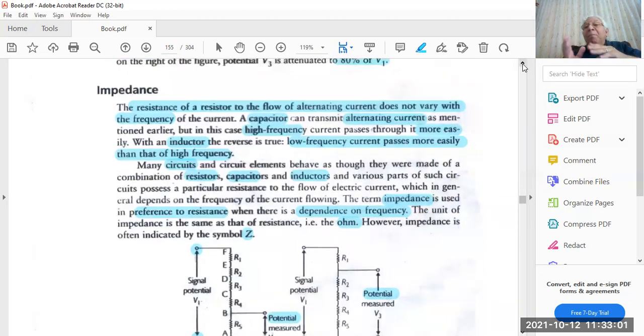The difference between impedance and resistance of any wire is that resistance is not affected by frequency, but impedance is affected by frequency. This is the point. This is the point. So